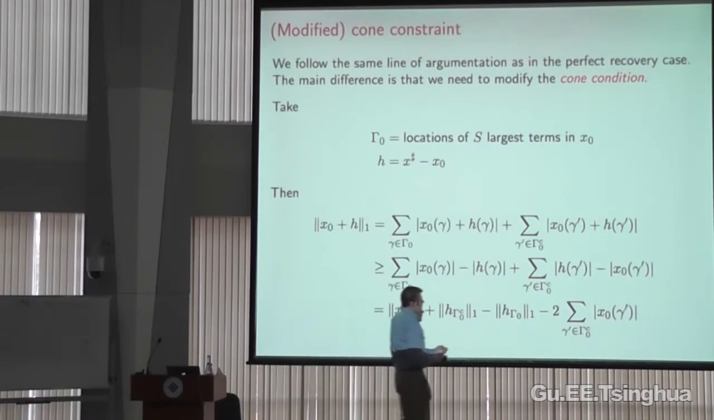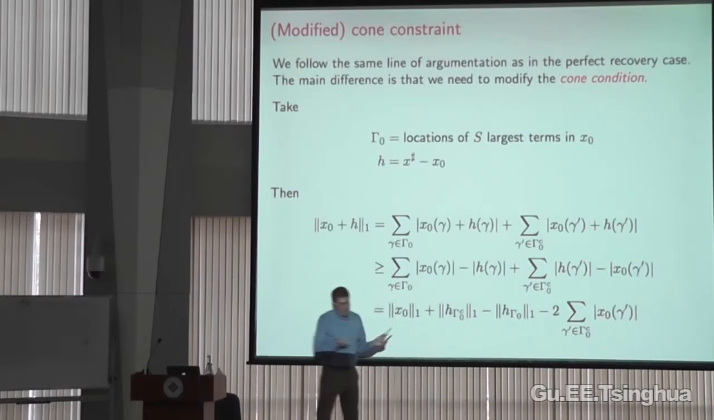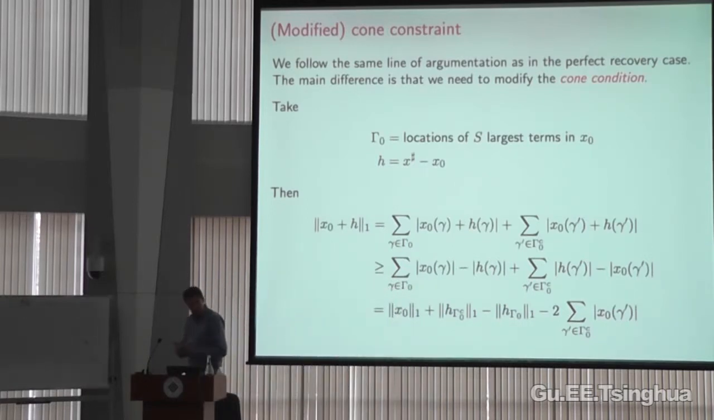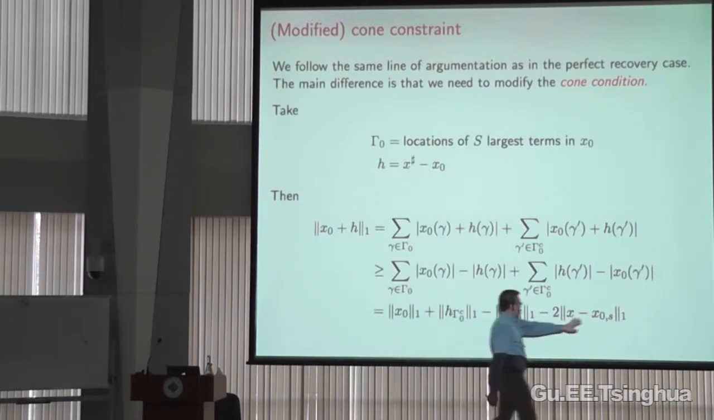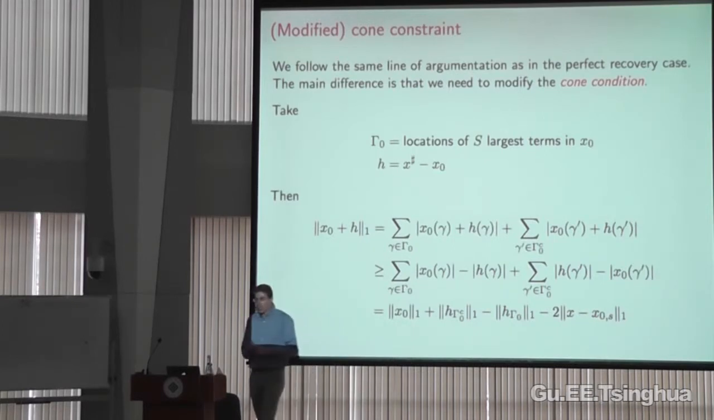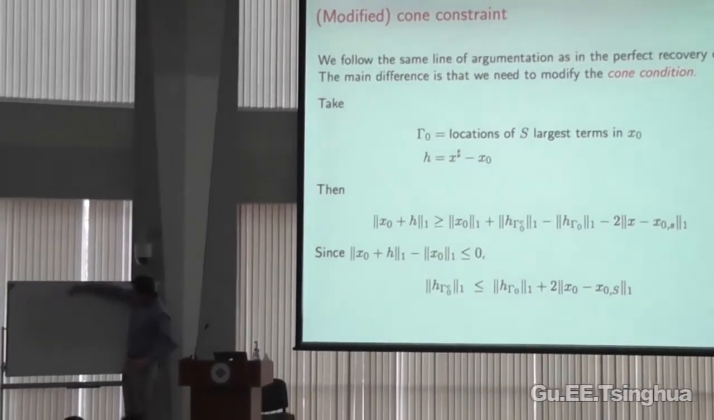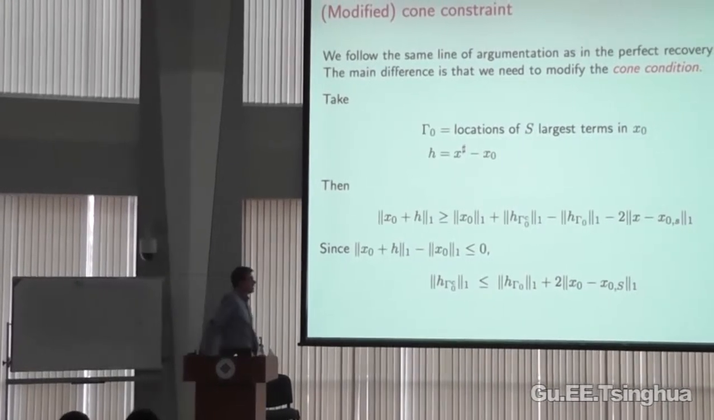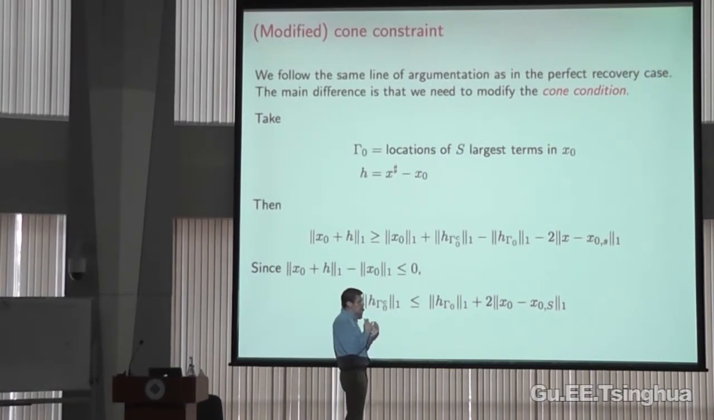This is basically, if I define gamma naught now as being the locations, not where x naught is non-zero, but the locations of the s largest x naught. This is just the L1 norm of the difference between x and its best s-term approximation. Okay, so that becomes my new sort of geometrical constraint. So the idea, if I have an x naught which is approximately sparse, the constraint that you put on h is that if I look at the L1 norm outside of the locations of these s biggest terms,